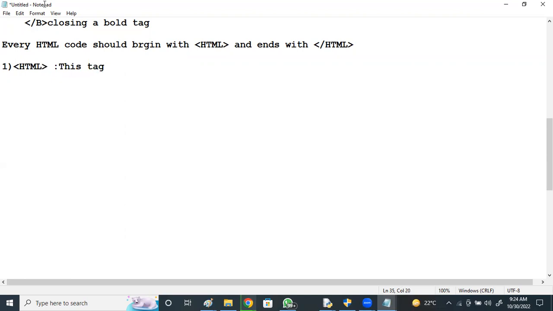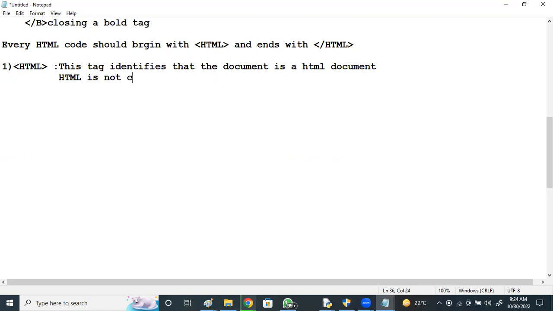This tag identifies that the document is an HTML document.